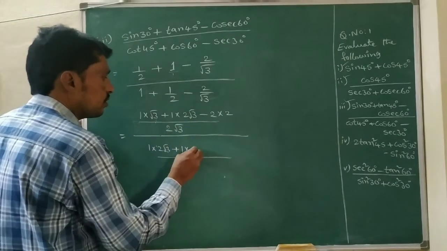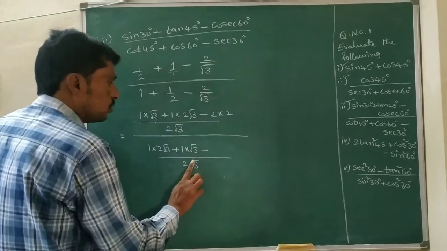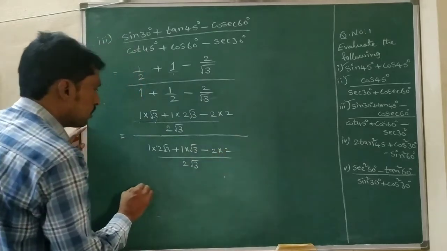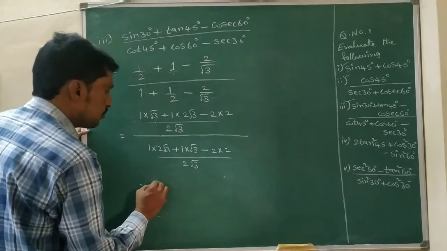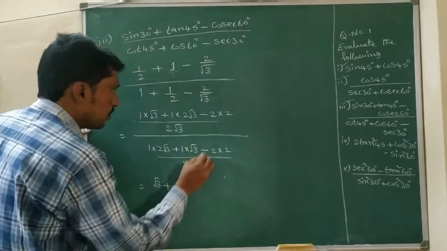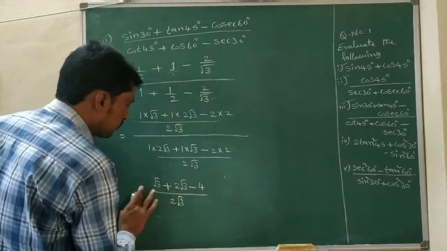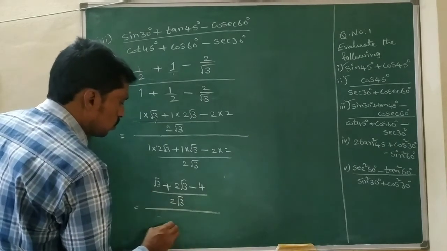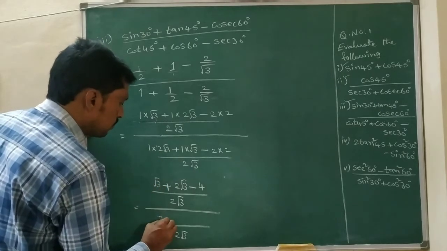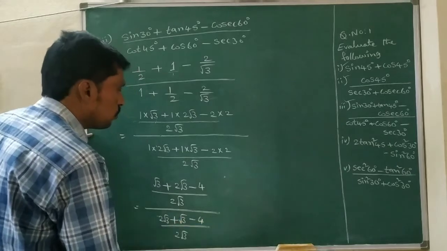we are getting 3 means root 3 we are getting minus here root 3 and here root 3 we are cancelling means here 2 into 2 we are getting 2 into 2 that equal 1 into root 3 plus 1 into 2 root 3 minus 2 2s are 4 by 2 root 3 whole by here 2 root 3 is the LCM 1. So 1 into 2 root 3 plus 1 into root 3 minus 2 2s are 4.